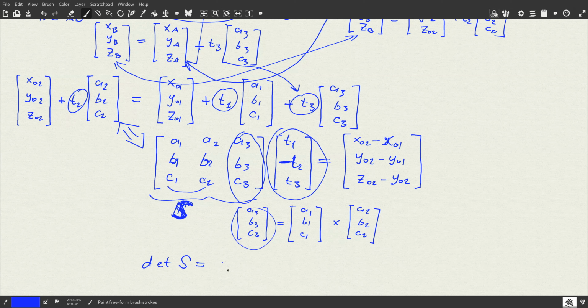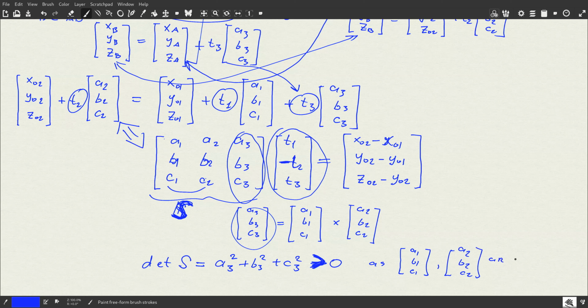It is going to be A3 squared, verified by direct computation, plus B3 squared, plus C3 squared, which is obviously greater than 0, because A1, B1, C1, and A2, B2, C2